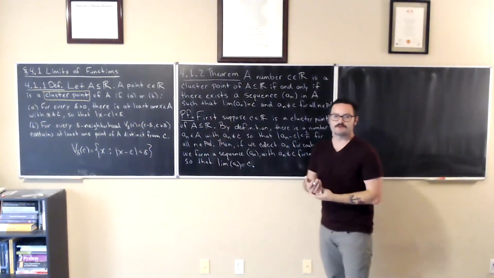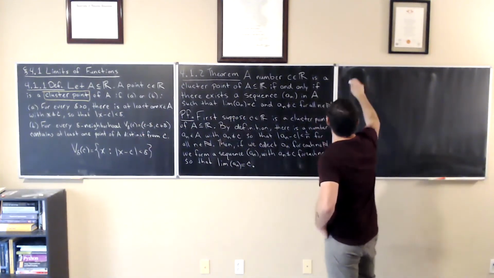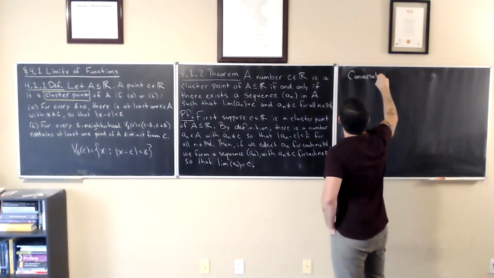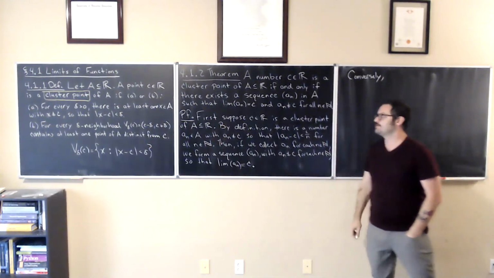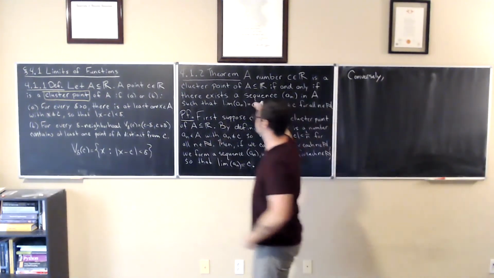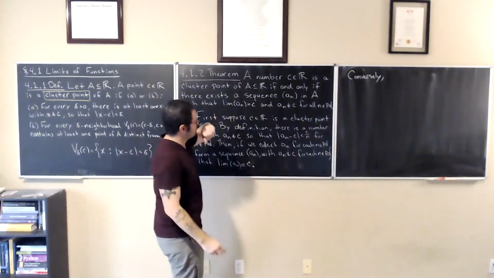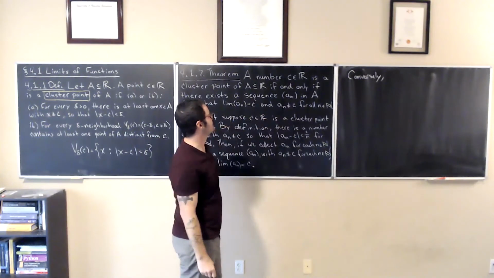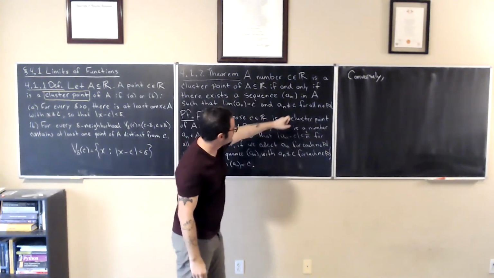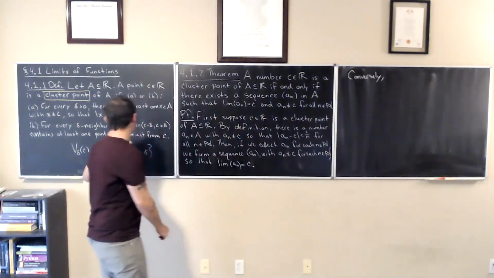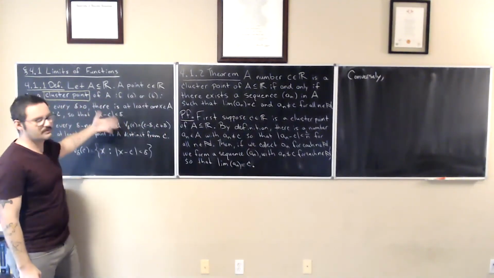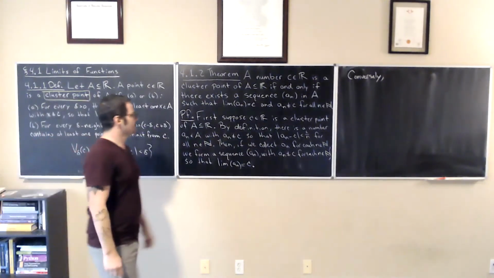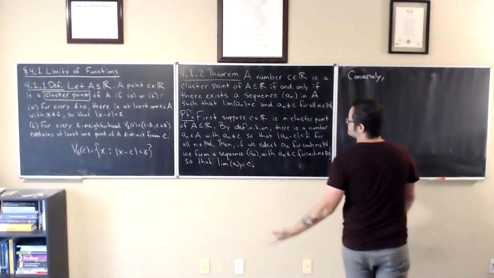So now we have to prove the converse. So conversely, okay, we need to start from a sequence that converges to C, which is contained in A but never equals C. Start with that and then show that C must satisfy this definition or this definition. They're equivalent, but whichever one is easier to write about and to think about. So conversely,